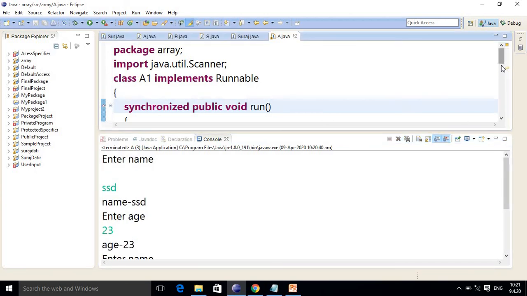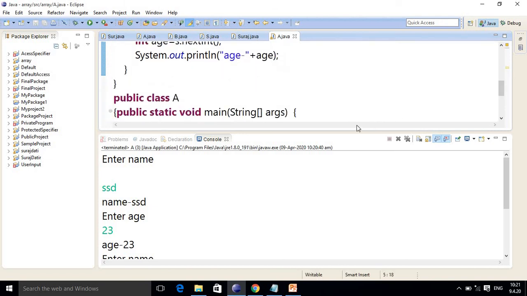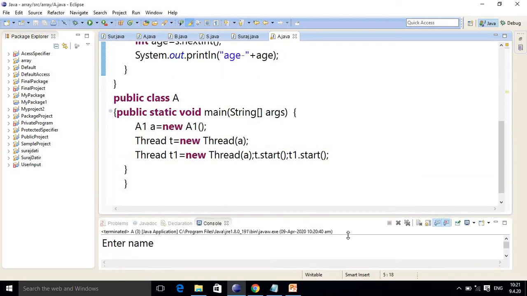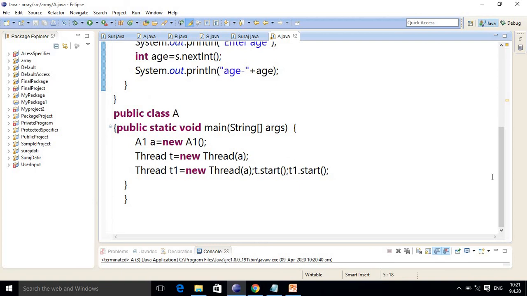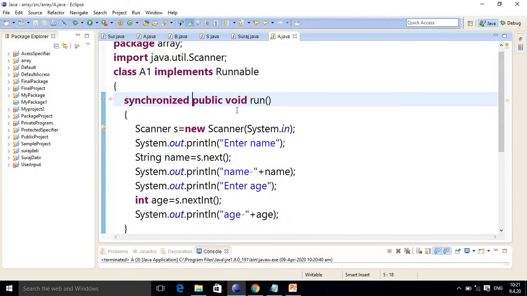And if you don't use synchronized, then what happens is they will run simultaneously. So this is a very important concept, friend. In such a case, if you want to run only one particular thread, then it is very simple, just use the synchronized keyword in the program. So this is for synchronized.